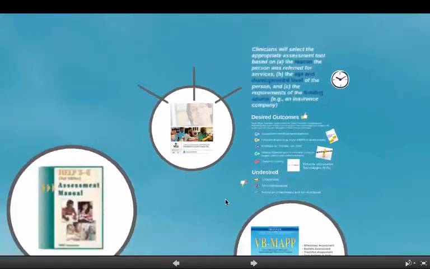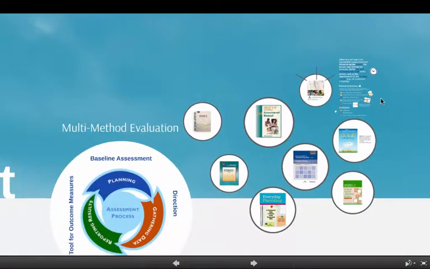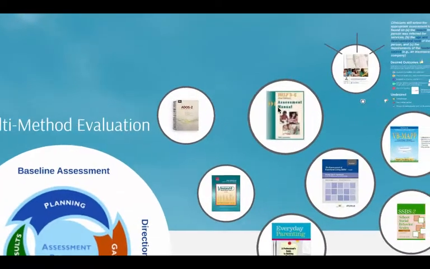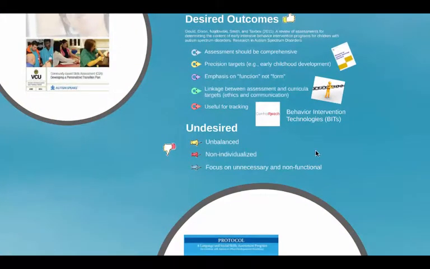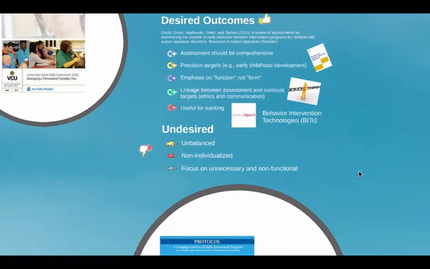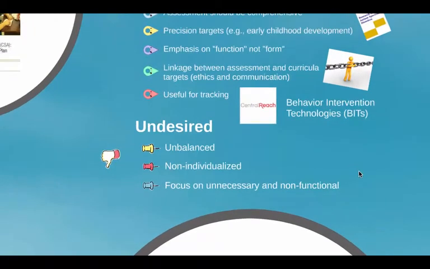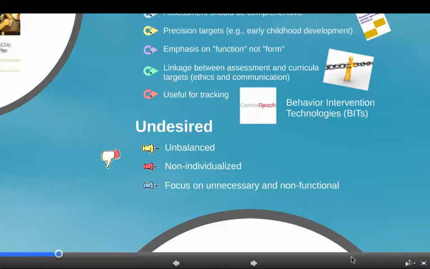The other thing that you should be aware of, and we've discussed this previously, is behavioral intervention technologies. There are a number of great systems out there, and I make reference to Central Reach as being one of them. In the software itself, you're able to record what assessment tool had been used, what the assessment findings were, and then to cross-reference that to the goals and objectives that have been delineated